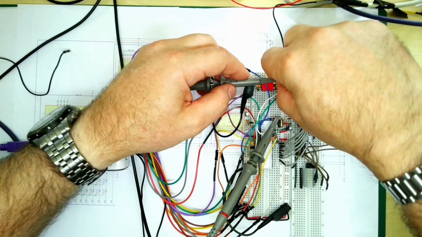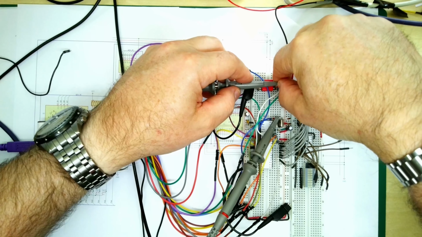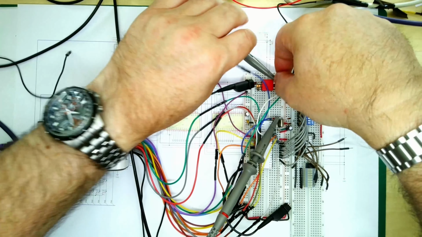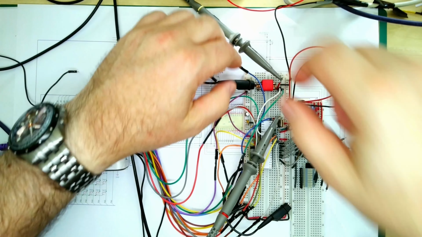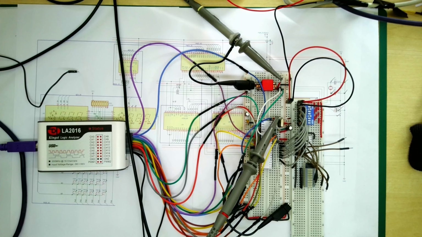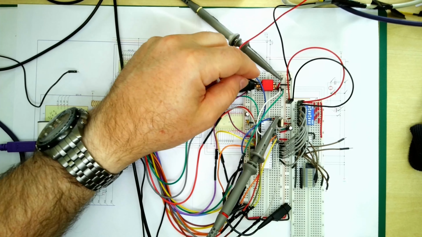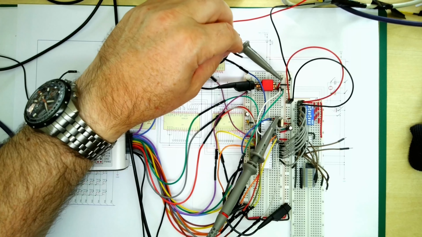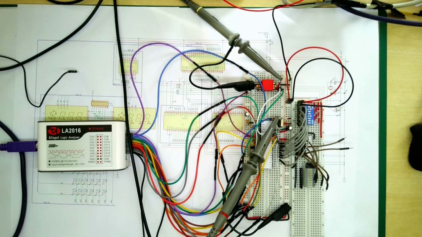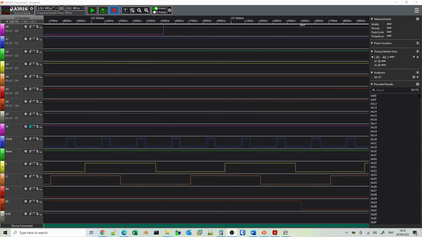Now I've got some software that comes with the oscilloscope that allows me to show some of the data on the screen, so we'll be using that in a few minutes. So this is our circuit. I have the power lead here, so I'll be plugging this power lead in and then starting the logic analyzer. So what we're going to do now is to show the logic analyzer. So here's my logic analyzer.